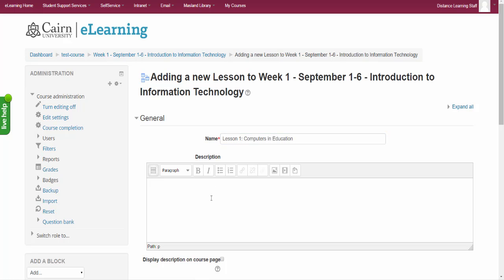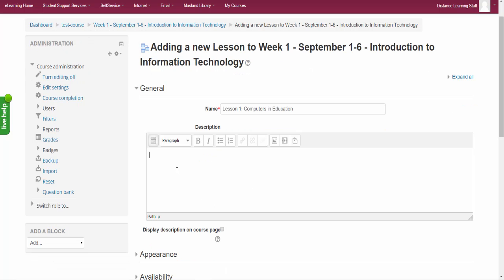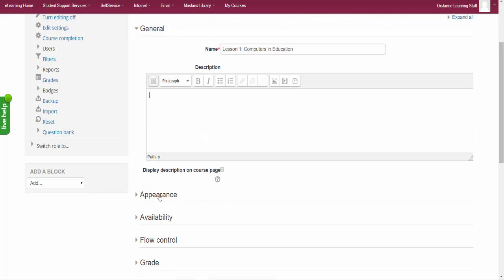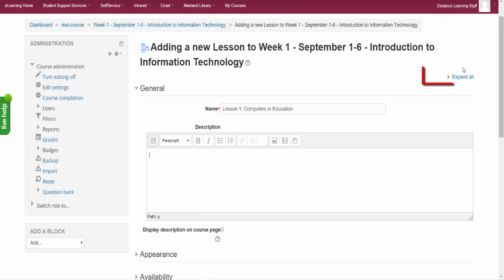You could post a description as well in here, but it's not necessary. This is the content that will be posted on the main page, in the main course page. So you could say, review all the pieces of this lesson, you'll be assessed throughout the lesson, all that type of stuff. So then you have here the appearance section of it,